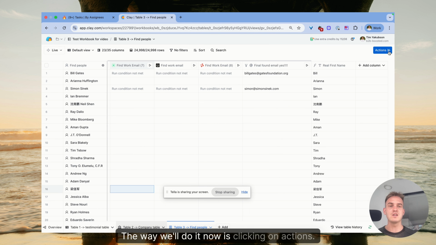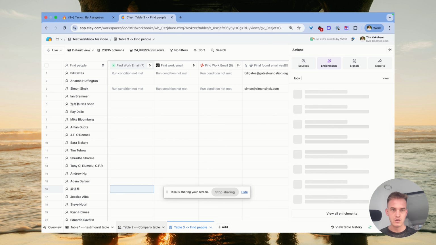The way we'll do it now is clicking on Actions, look up multiple rows,